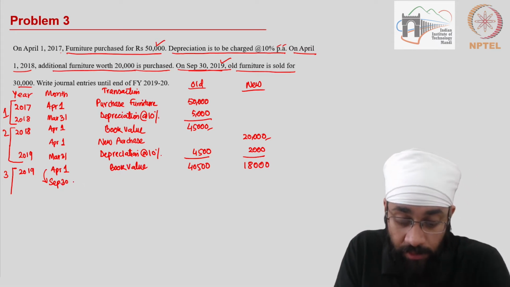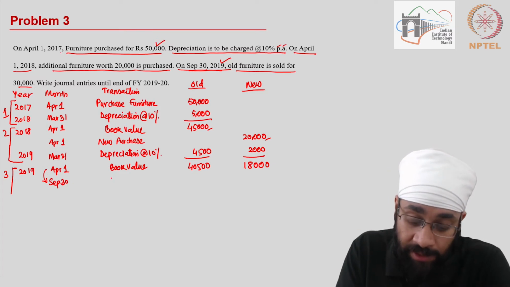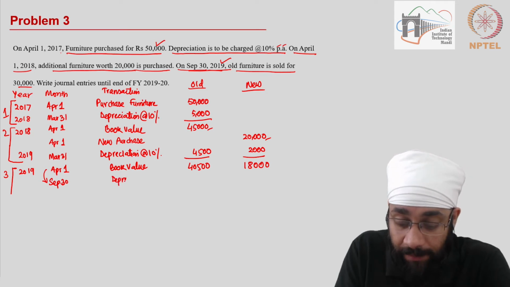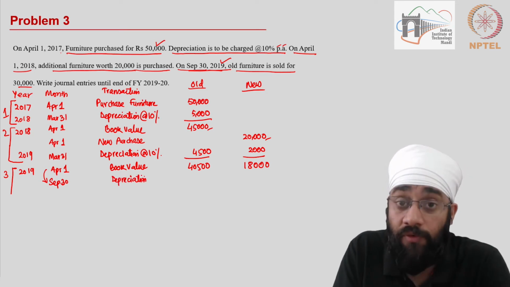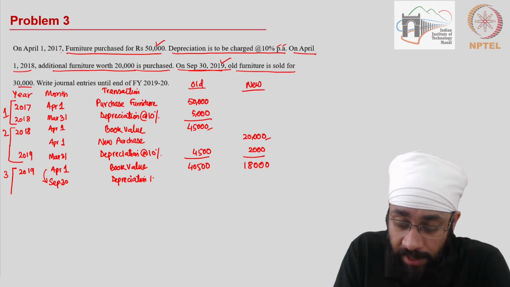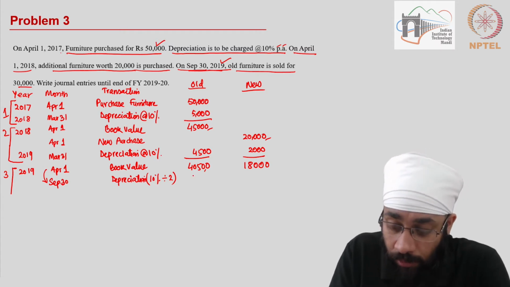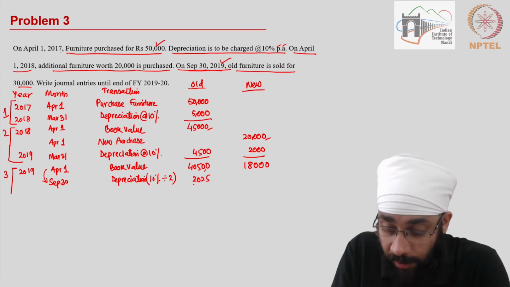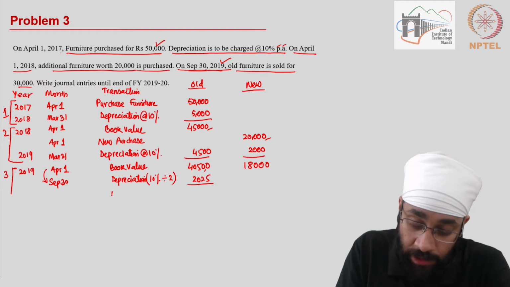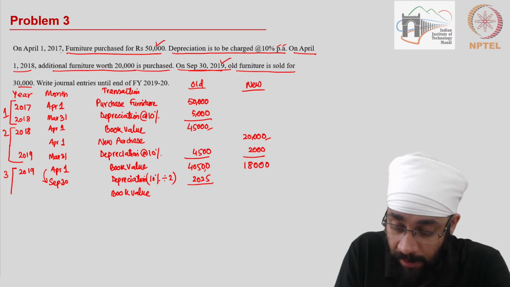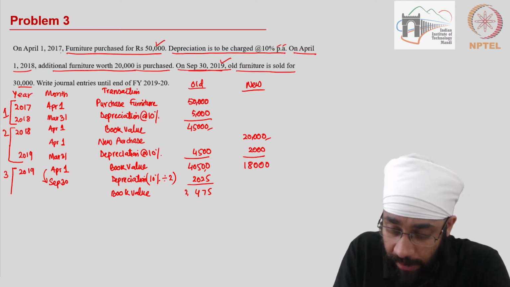On September 30th, when you sell the asset, you have to figure out what is the book value of the asset. Therefore, you're going to charge depreciation again because you've used it for half a year. So you'll say depreciation 10% divided by 2 because it's only half the year. So this comes out to be 2025, which gives us the new book value. Book value as of 30th September is going to be